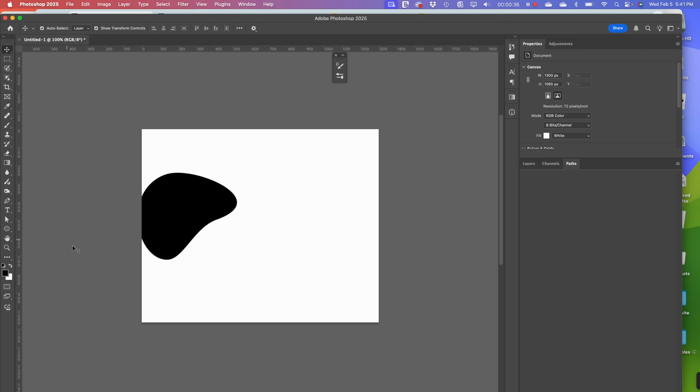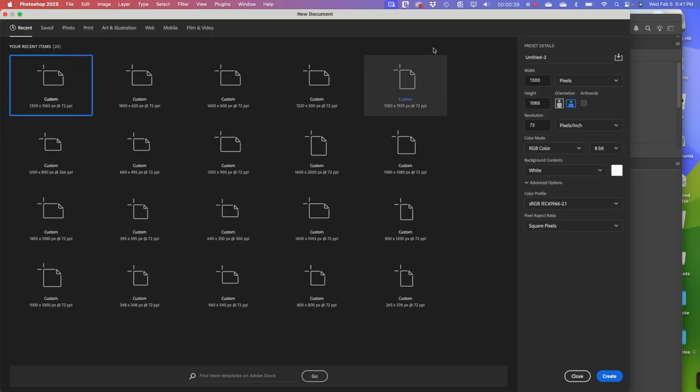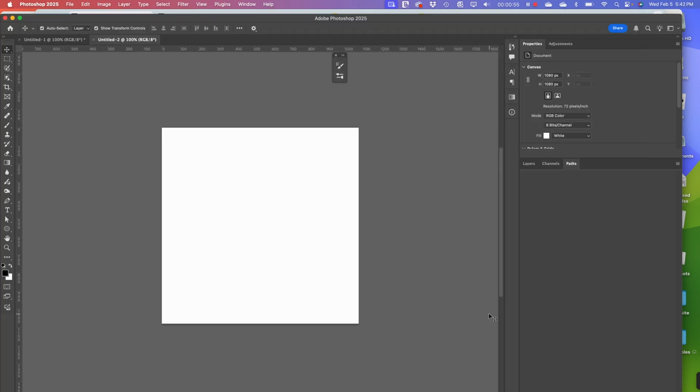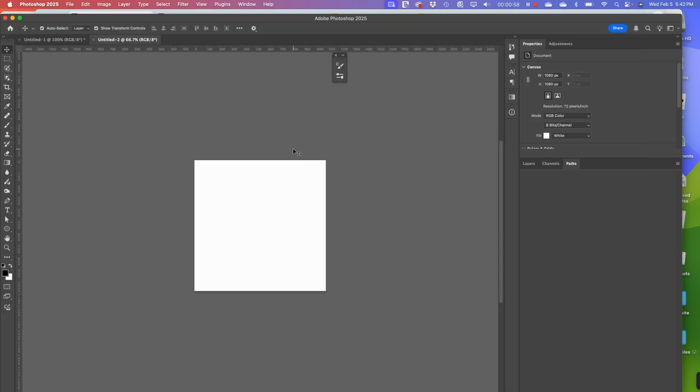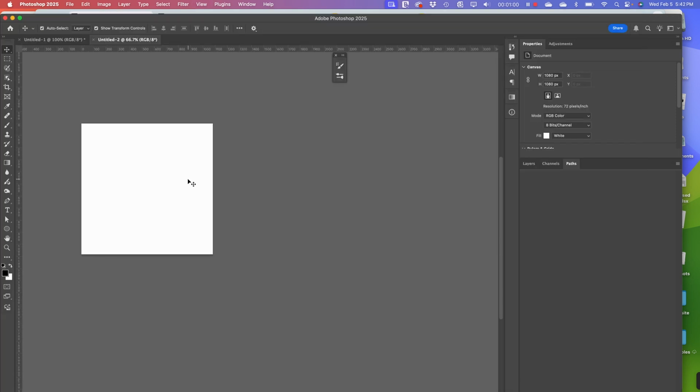I know that each of my panels needs to be 1080 square. So I'm going to make a document that's 1080 by 1080. Basically, it's going to be the size of one panel. All right? So there are actually a couple of ways you can do this. The first way would be,